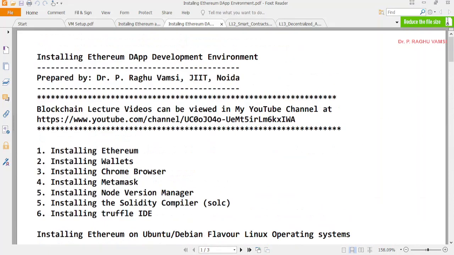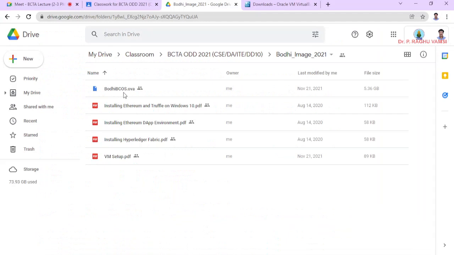Otherwise, I have provided you the Bodhi blockchain OS operating system. This is the image of the Bodhi Linux, which is a flavor of Debian Linux. Under the Debian, you have many flavors. For example, the Ubuntu operating system, or CentOS, or Light Ubuntu, there is L Ubuntu, this kind of thing. Mint Linux. All these are on the basis of the Debian kernel. On the Debian kernel, they have developed their own applications and achieved the lightness in running the operating system and these kind of things.